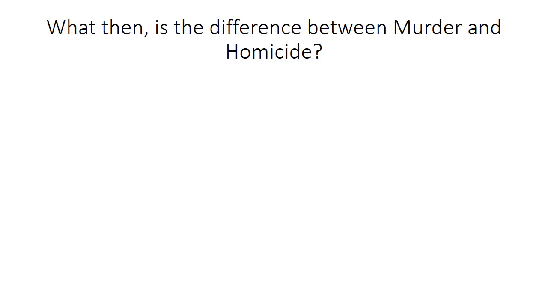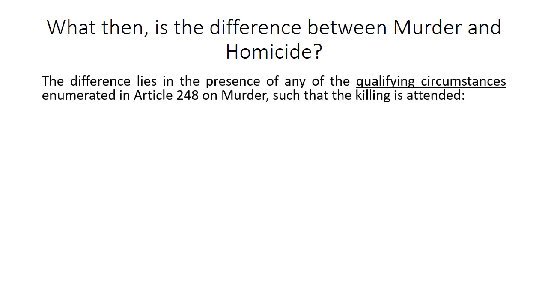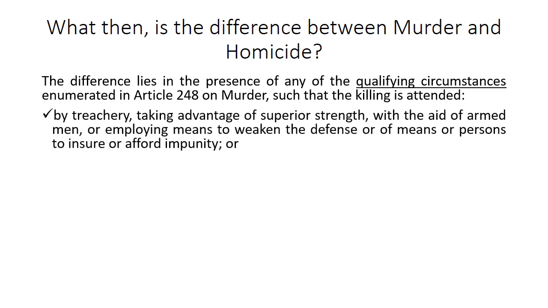What then is the difference between murder and homicide? The difference lies in the presence of any of the qualifying circumstances enumerated in Article 248 on murder, such that the killing is attended by treachery, taking advantage of superior strength with the aid of armed men, or employing means to weaken the defense, or of means or persons to ensure or afford impunity, or the killing is attended in consideration of a prize, reward,